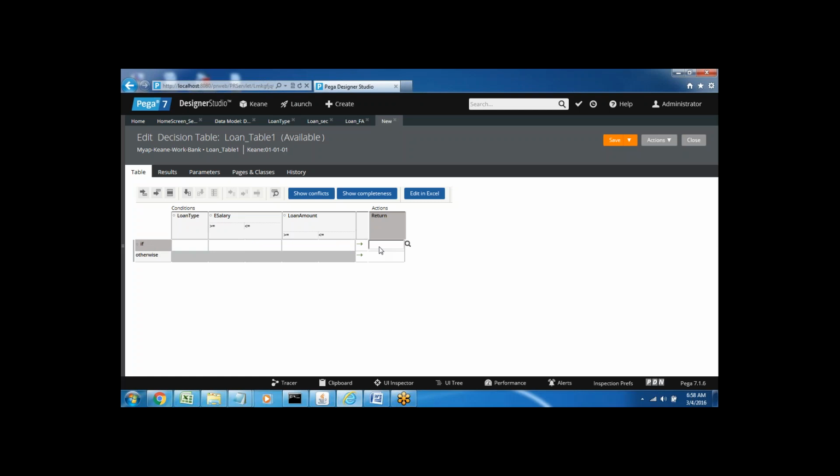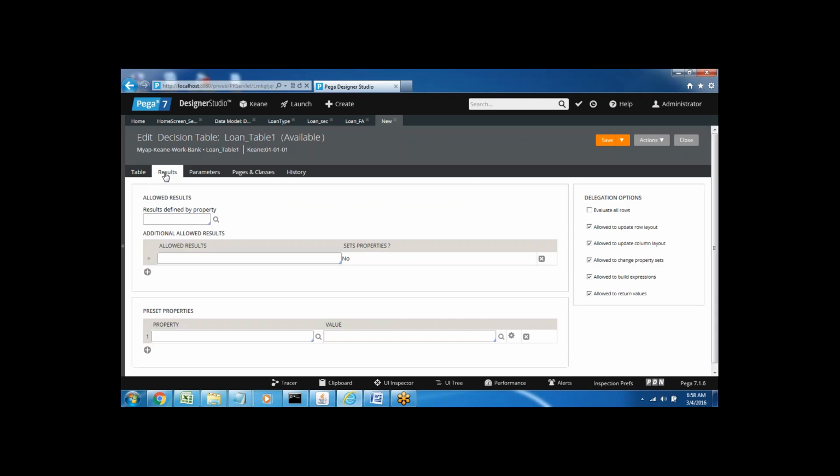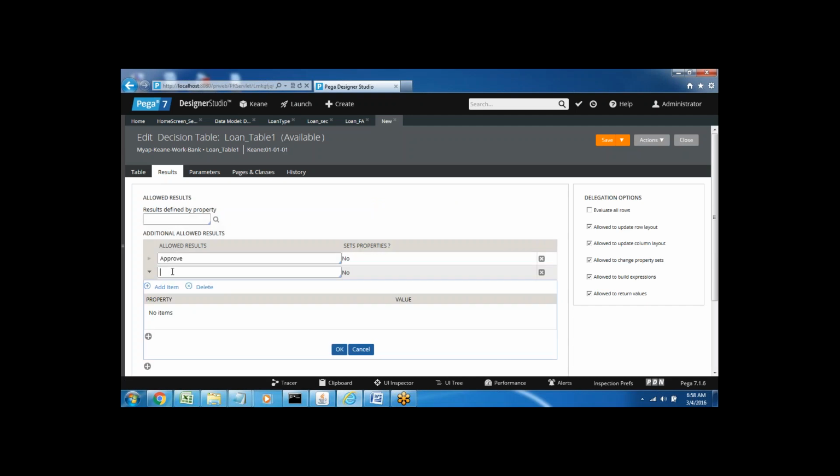Suppose you want to add some fixed results, then go to the results tab. In the allowed results we can set some results. I'm going to set some results here. I'm giving the results as approve, click on add a row, reject,